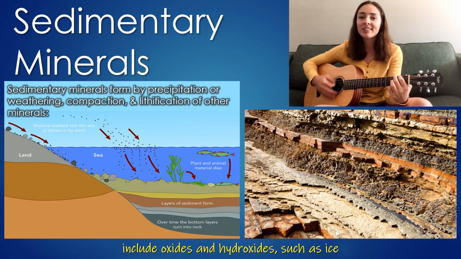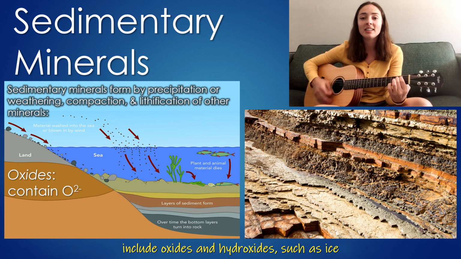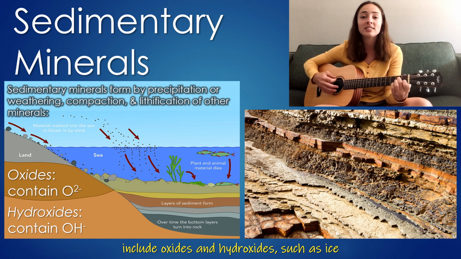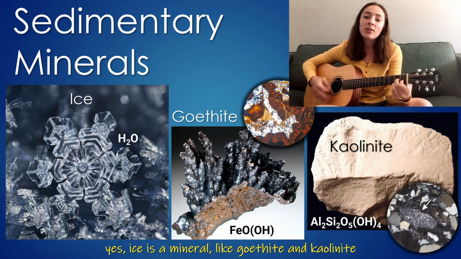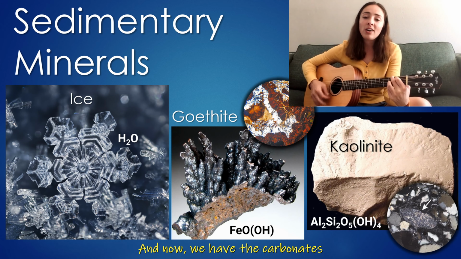The sedimentary minerals include oxides and hydroxides such as ice. Yes, ice is a mineral, like goethite and kaolinite. And now we have the carbonates, which include minerals such as calcite, aragonite, dolomite,